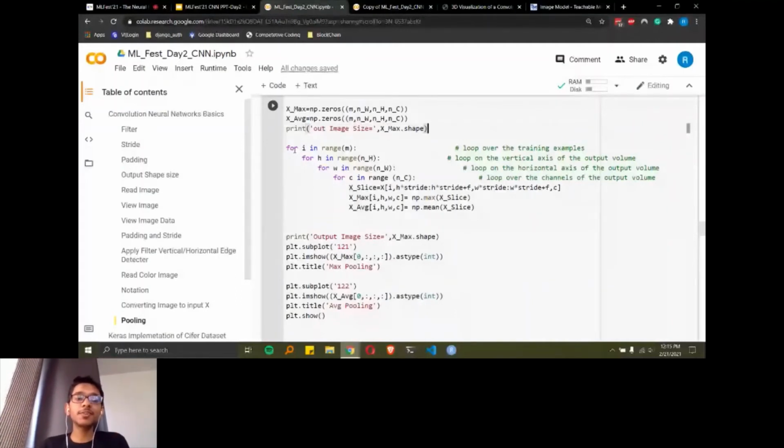Now we are going image by image. m represents the number of training examples we have given for that function. We have given only one image, so here m is 1. So this entire thing will execute only once, but in that we have 31 height and 31 width as well, so those loops will be executed 31 times respectively. And then we are calculating the slice.